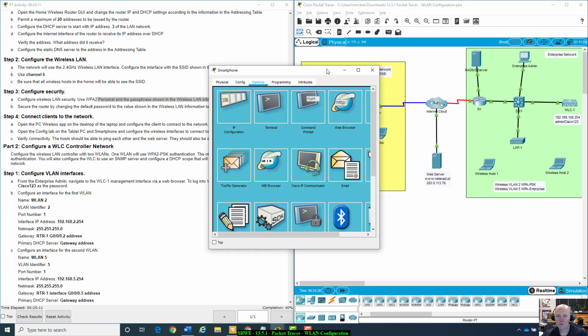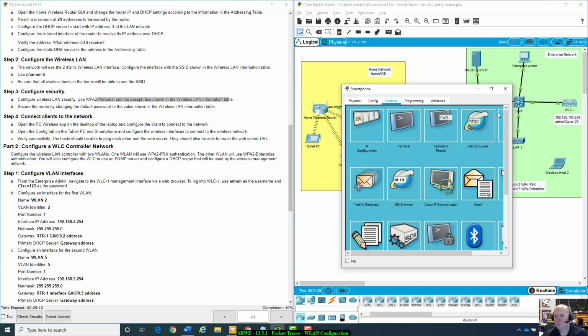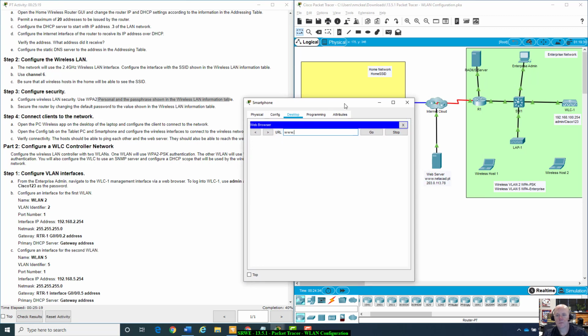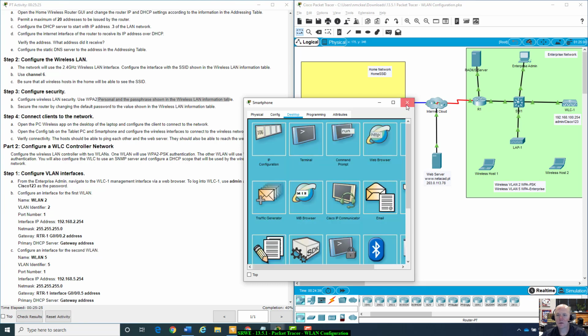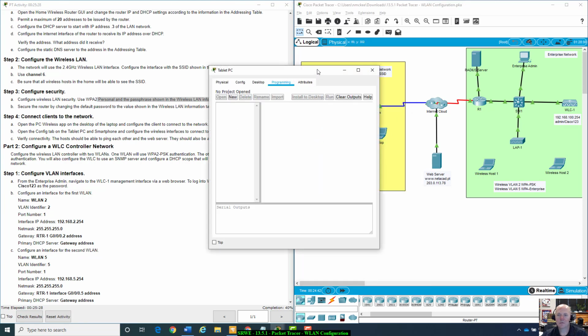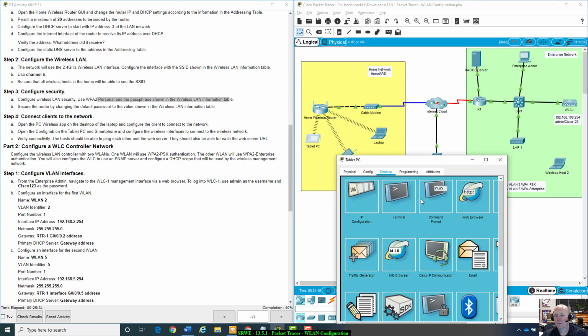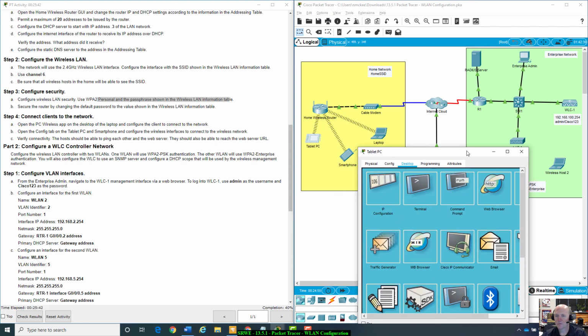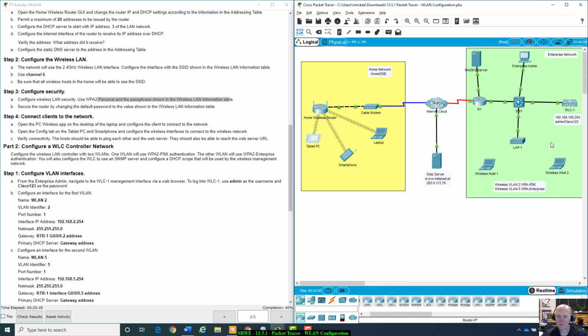All right, let's do the smartphone. Whoops. netacad.pt. All right, that one comes up first shot. And then finally tablet PC, web browser, netacad.pt. All right, that one comes up first shot too. All right, now I'm pretty confident we can ping each other, but